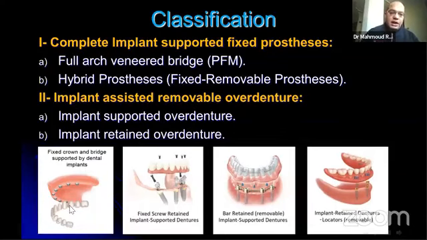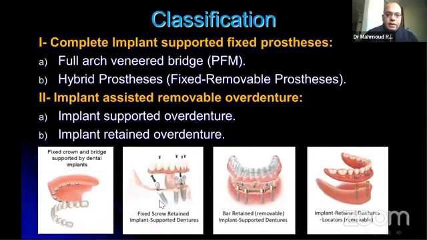Here, as we see in the photos, is a fixed crown and bridge supported by dental implants. Here, it will be cemented to the abutments of the implants. The second type is the hybrid prosthesis, or what we call screw-retained implant-supported dentures, as in All-on-X types, All-on-4, All-on-5 or All-on-6. We will here use angulated implants as in the All-on-4 concept